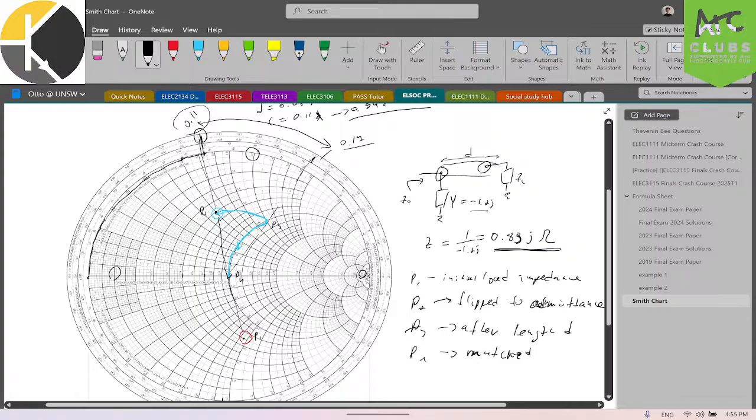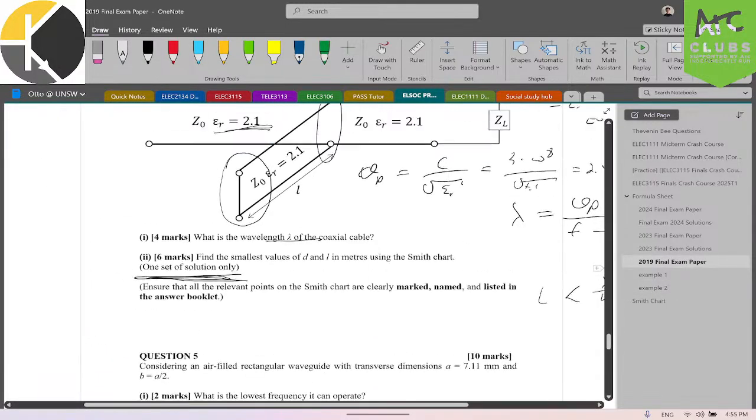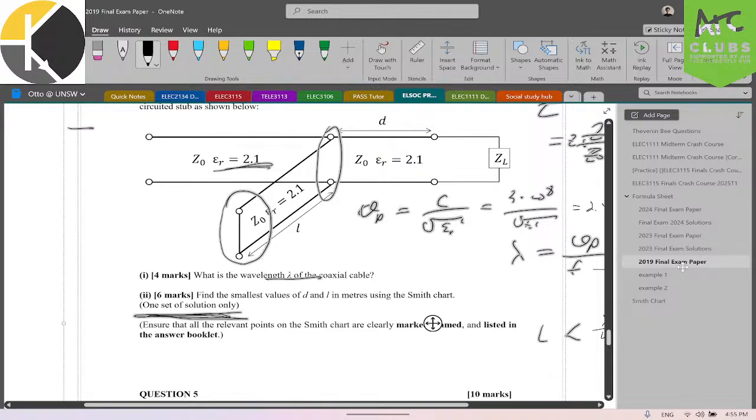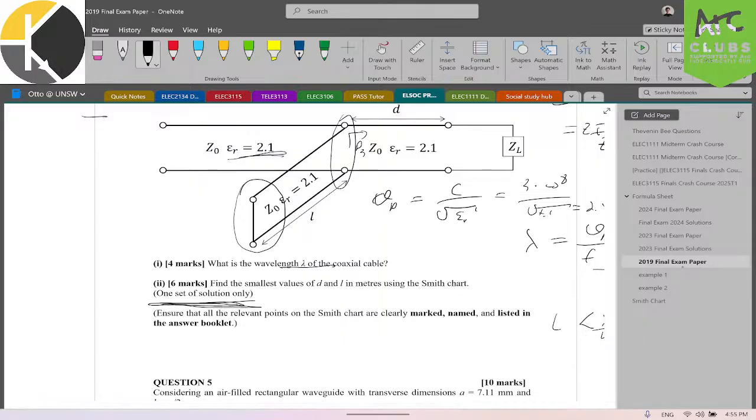Fine. P3 is here. It's after you rotated by length D of the transmission line. So it's at this point, as this impedance corresponds to point P3. It's after the D, but before L. Any questions? All good? Then I'll move on to the last question that I was planning to show, which is a